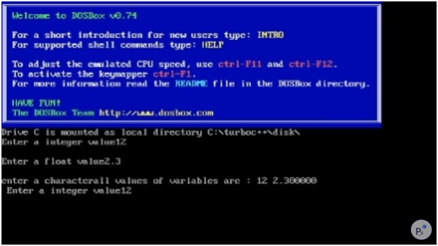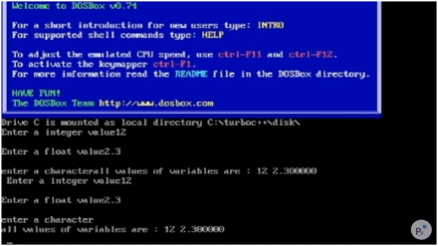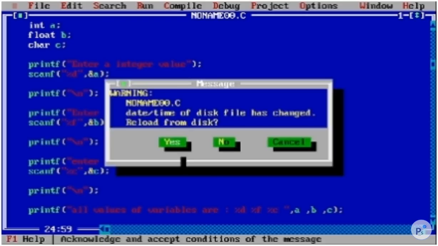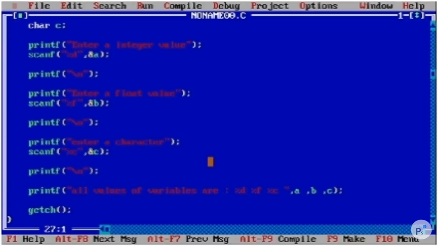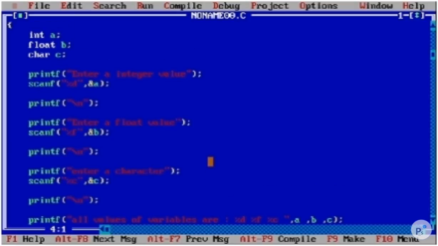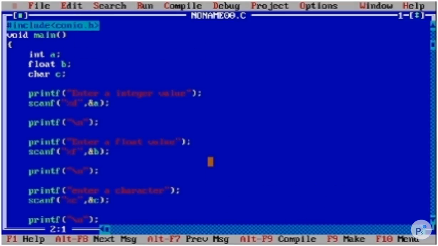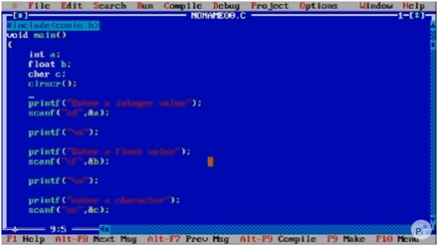Enter integer value 12, 2.3. It is going through without taking a character. No, it is happening again. Let me put a clrscr for a clear view.